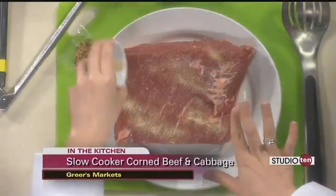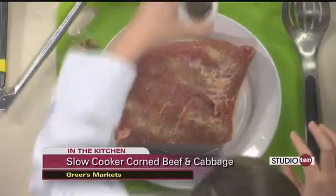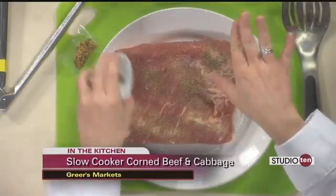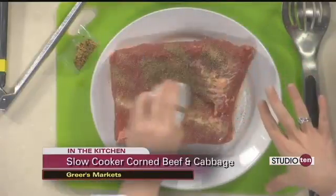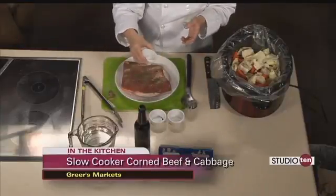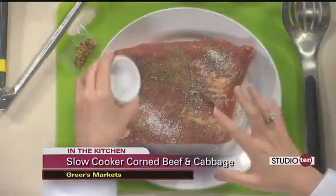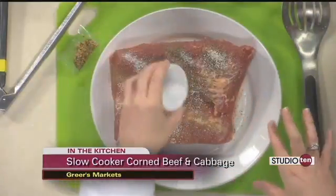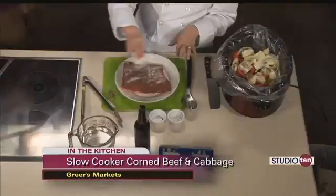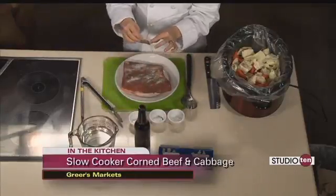and I'm seasoning it on the meat side, but when we put it in here, we are going to put the fat side up, and as it cooks, when I turn it over, you'll be able to see it. There's a thick piece of fat on the top of this that's going to help keep it moist while it cooks, and then of course some of it's going to cook off, and if you don't want to eat the fat once it's softened and cooked, it's going to just come off really easily, and everything's going to slice up nice for us. So that's half a teaspoon of salt, quarter teaspoon of pepper, half a teaspoon of garlic powder,